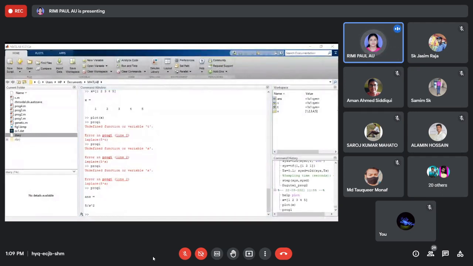So before going to this, you can see that every time first undefined function or variable a where line 2, so it is not working as the first line is that means this a is not defined, it is not going to the second line. If there is an error in the second line, it will not go to the third line. So step by step you can check where is the problem. If you face any problem, you have to solve it. If you can solve the error, you can learn MATLAB easily.